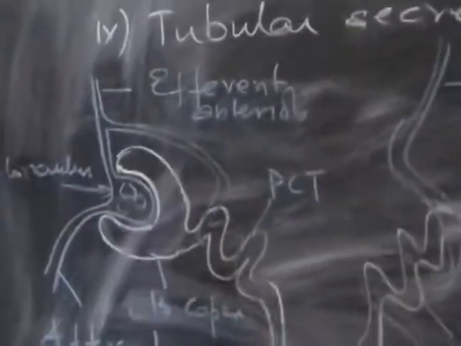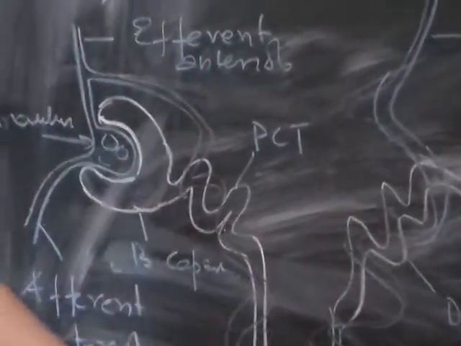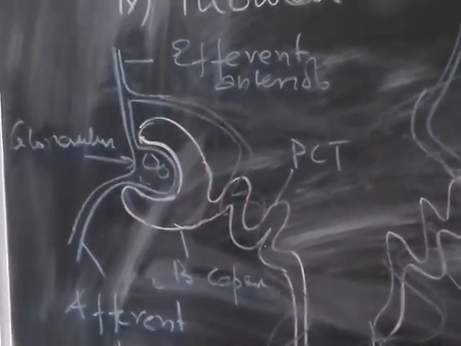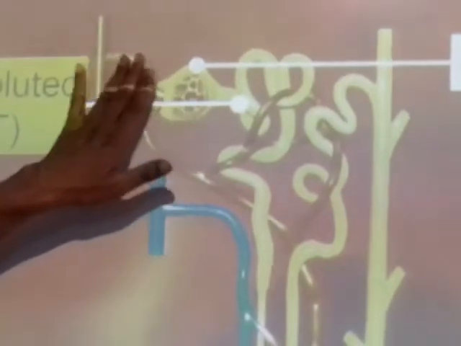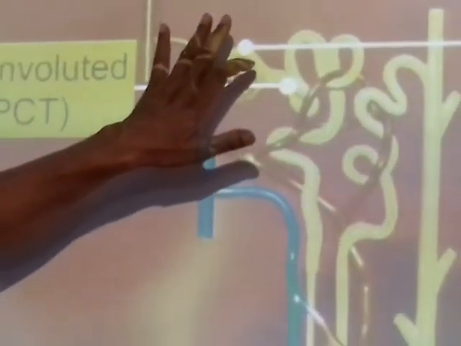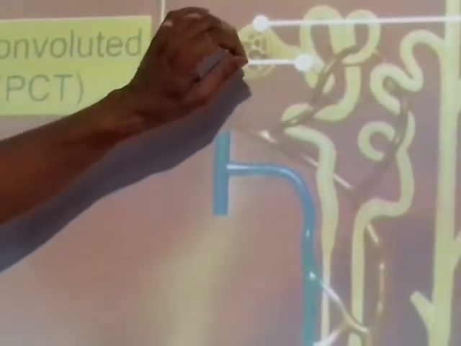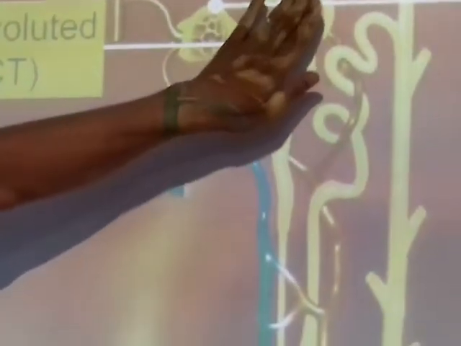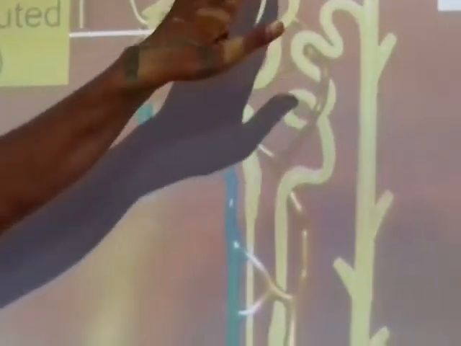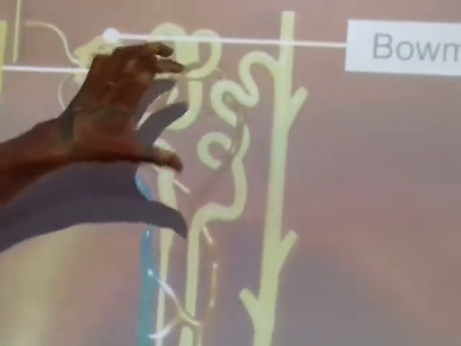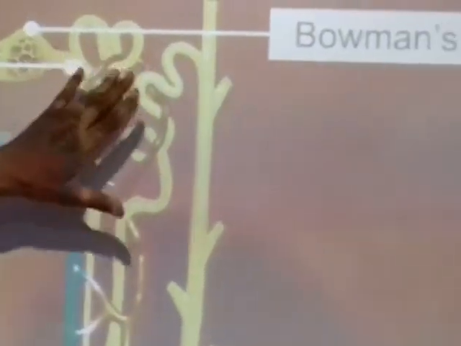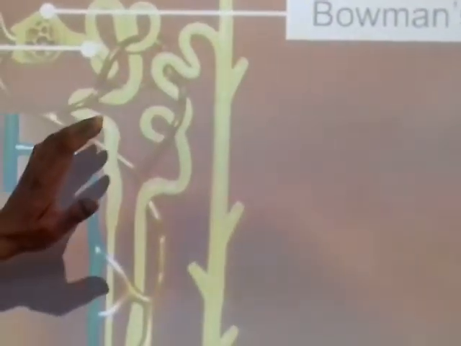So here is the same hand drawn diagram again. We'll see where these processes take place. For example, we say ultrafiltration takes place in the Malpighian body. This is the place where the blood is filtered, and here the ultrafiltrate, or what we call the glomerular filtrate, is collected. Then selective reabsorption is mainly in the PCT, where 70% of the water, the total amount of glucose, the total amount of amino acids and part of the salts are reabsorbed back into the blood. Who is absorbing? The blood capillaries are absorbing from this PCT.